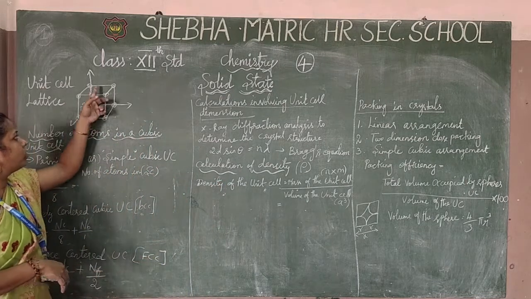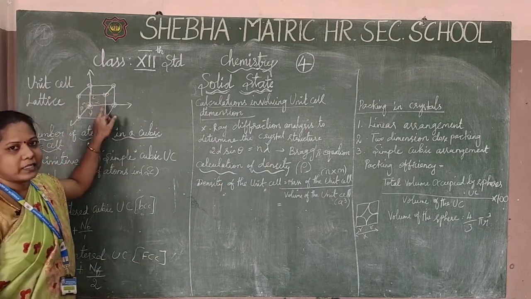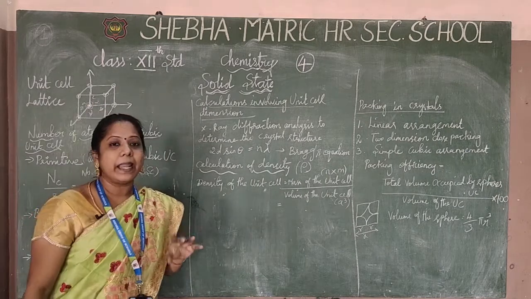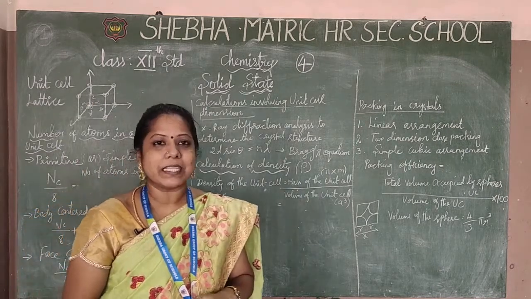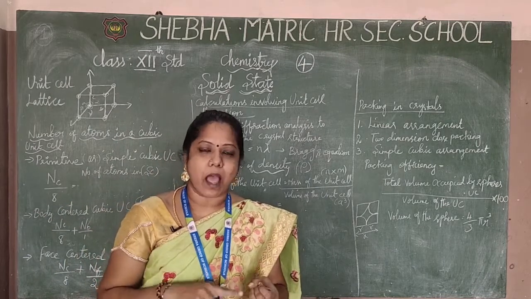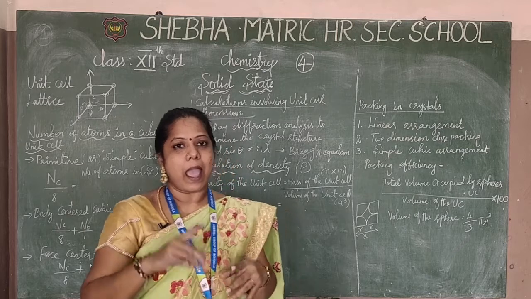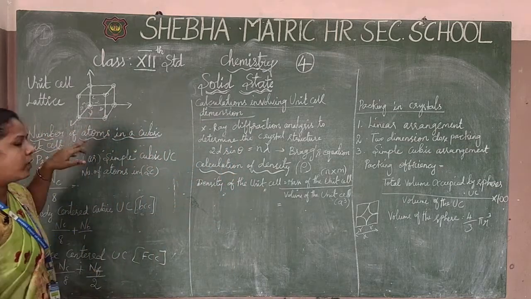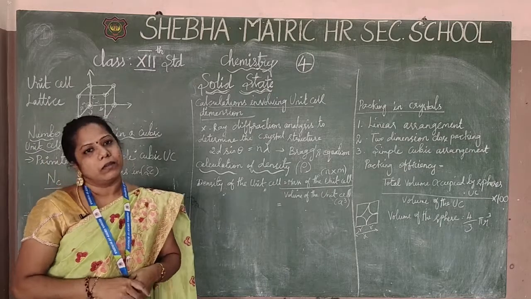I am showing you this is like a unit cell, and then we continue it in the three-dimensional directions, which is called the lattice. The angles of the three dimensions are alpha, beta, gamma. These angles are called the lattice of this structure, okay. And then we continue with the solid state lesson.